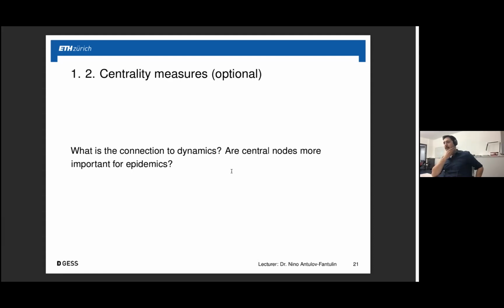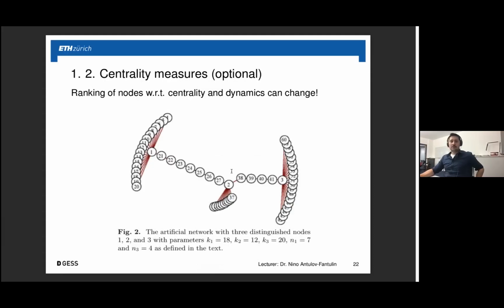So am I hearing? Okay, I would assume that you are having some kind of a prior assumption around this. And I'm going to show you some very nice examples. There is one comment from Nicola. Well, I guess it's easier for the epidemic to spread if it's infecting a central node. Okay, thank you. So now check this theoretical example.